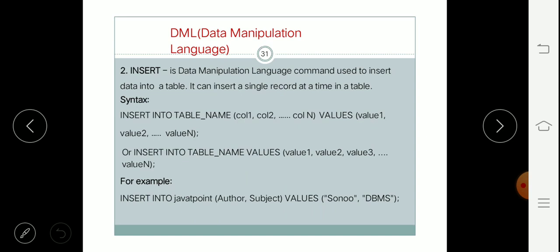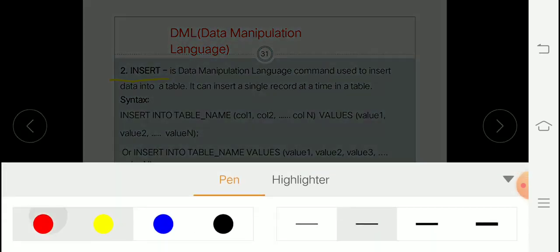Now the next is insert. This is the insert command. The insert command is basically used to insert data into the table, or we can say it is used to insert records into the table. The insert command is used to insert a single record at a time in a table, and the basic syntax is this: